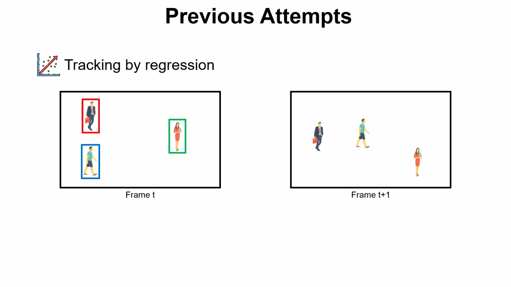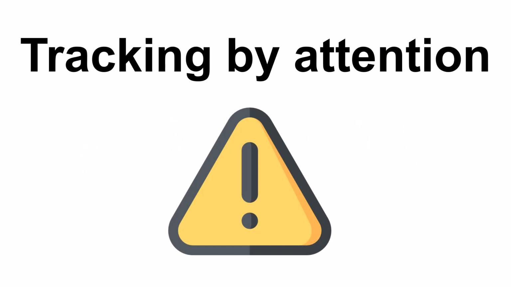In tracking by regression, we have some bounding boxes with a unique identity at frame t, and for finding these identities at the next frame, we first project the same bounding boxes at the same location to the next frame, and then we use a regression head to move these bounding boxes and find those identities. So yeah, these are the two main approaches that were used before, and now we have tracking by attention, which